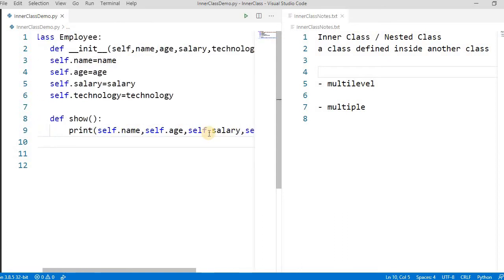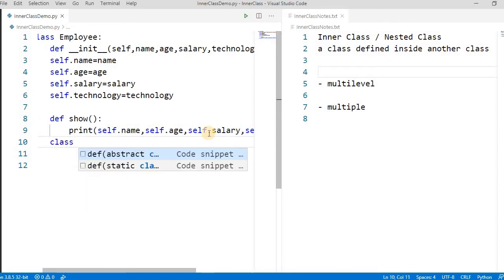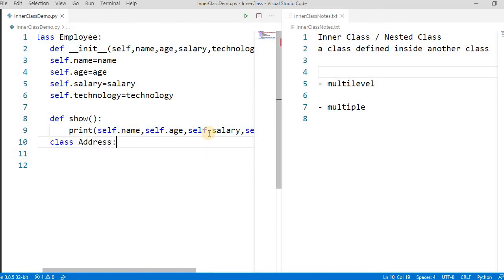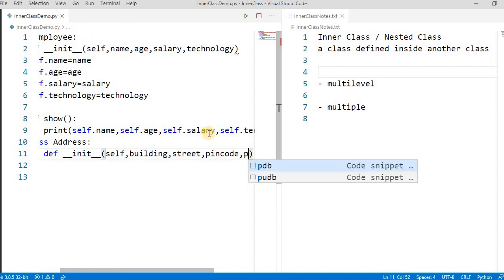Let's check how to declare. For declaring the inner class, we just have to write class, and let's say here address. Address may contain different parameters. So let's create the constructor, the init method for address. Self must be the first parameter of any method defined inside the class. Address may have building details, street address, PIN code, and phone number.